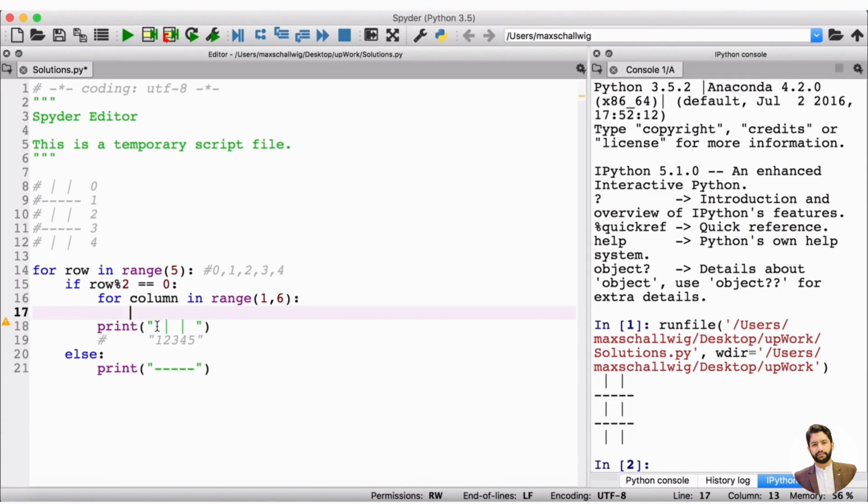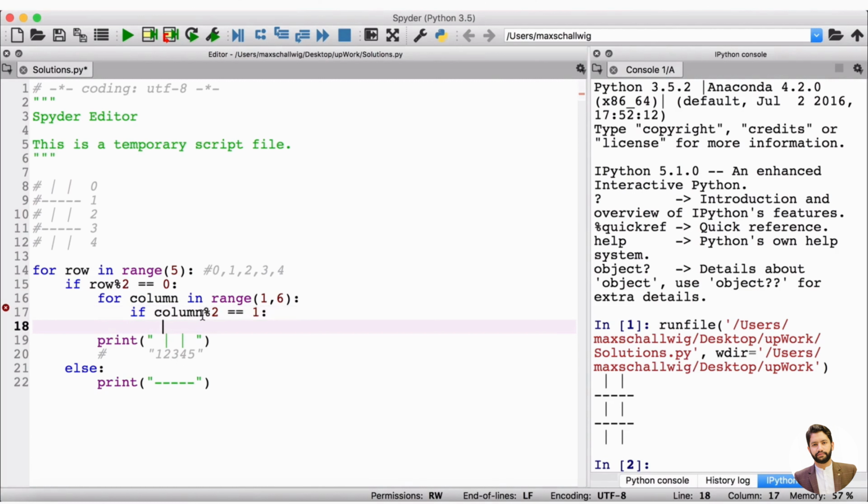So what we're going to do is say, well, if our number is odd, we want to print a space. So if column, and now we're going to do the same thing as we did up here, and we're going to check if it's divisible by 2 perfectly, or if it has a remainder if we divide by 2. So if the remainder of dividing column by 2 is equal to 1, so if we divide column by 2 and we have a remainder of 1. If we divide something by 2, we either have no remainder or we have a remainder of 1. So if we have a remainder of 1, or if the number is odd, we're going to print